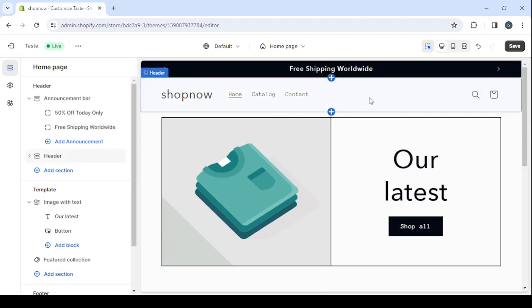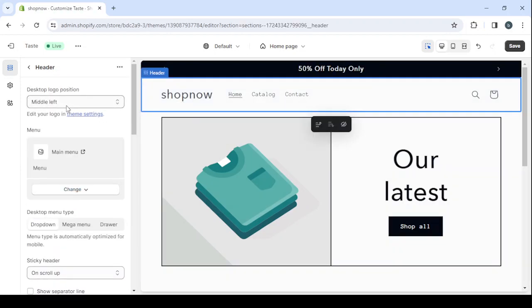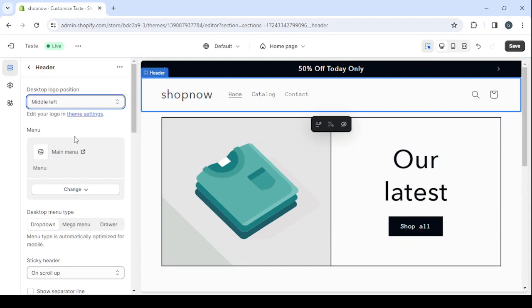Then let's change the header, for example. So here you can change the position of your desktop logo. If you want to have it in your top center, it will take a little bit of space, or if you want to have it in your top left, it's still taking some space, or if you want to save space, you can go with the middle left or the middle center, like that. I'd like to have it in the middle left, like this. And then